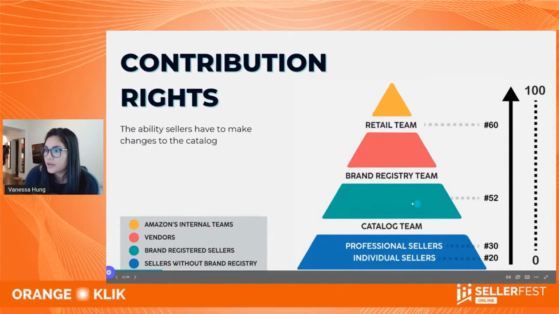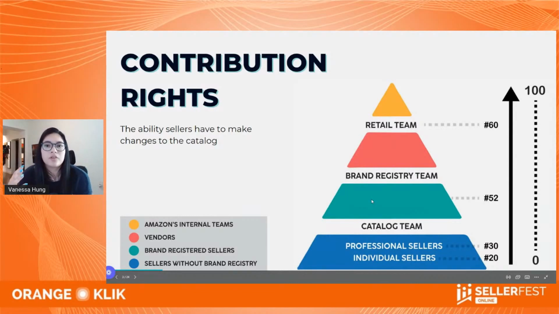Then we have the green, which is the brand registry sellers. Those are 52 points. With 52 points, we own the listings most of the time, since everybody else in Seller Central, if you look down, technically has less points than you have.